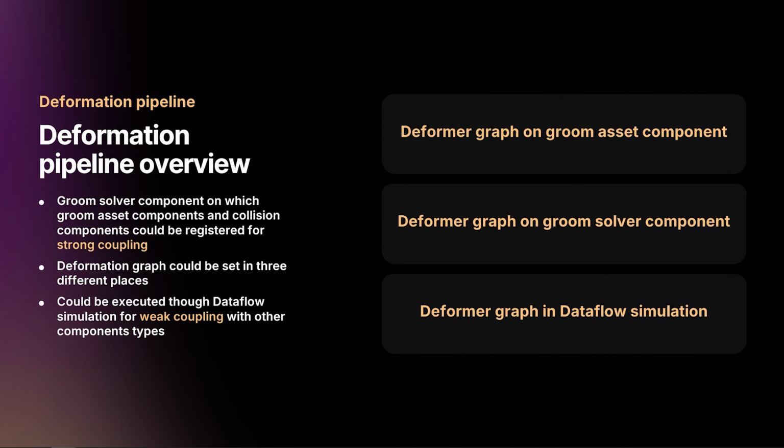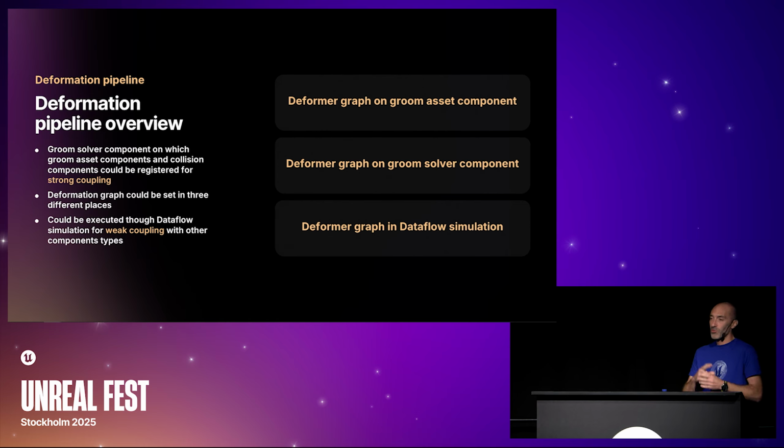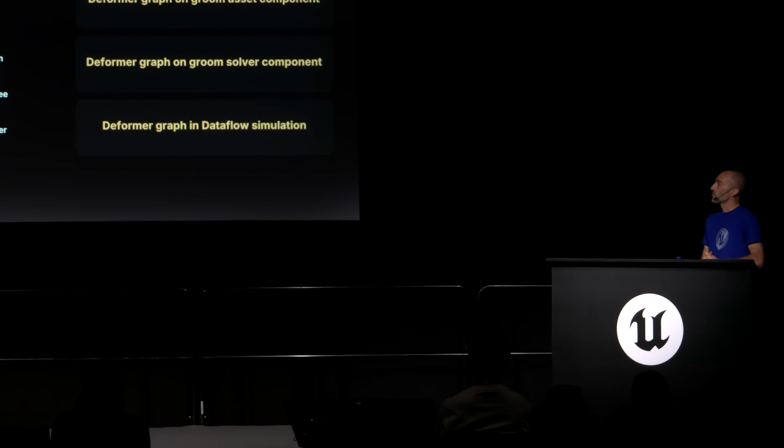I think we had some projects in the past where, for example, you had an asset with different components. We wanted interaction between these Groom components, but it was not really possible because each component has its own solver, or its own deformers. It was not really possible to have them in the same one, except if you merged the Groom components into one, to access all the data at the same time. So we wanted to change that, to have a really strong coupling between those components, to be able to say, I have this component, even on two different characters, but at some point these two characters are going to be close to each other, and we want more interaction between the two. So we wanted a strong coupling between the two,